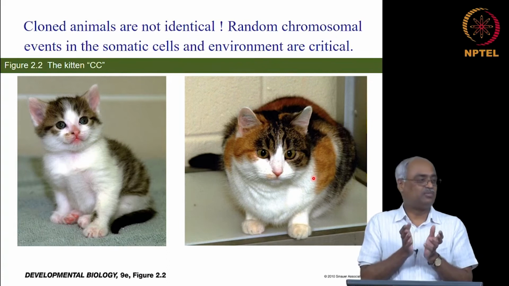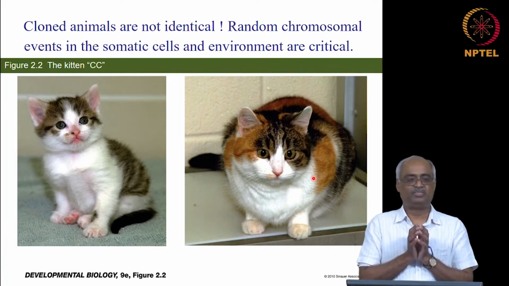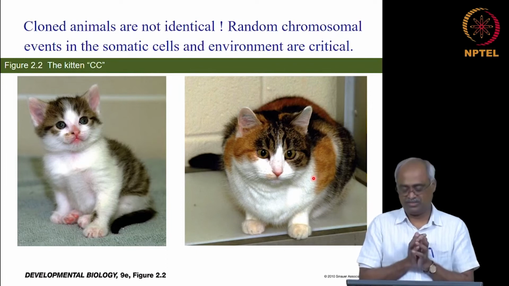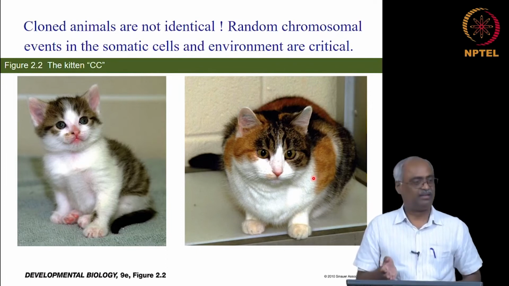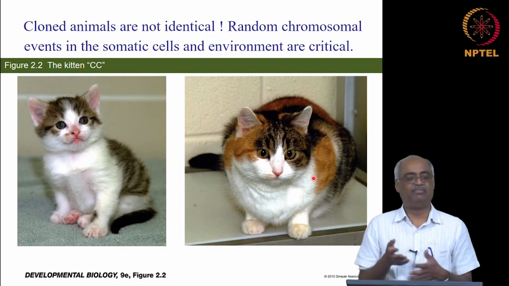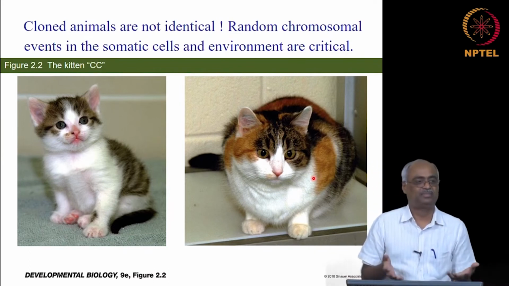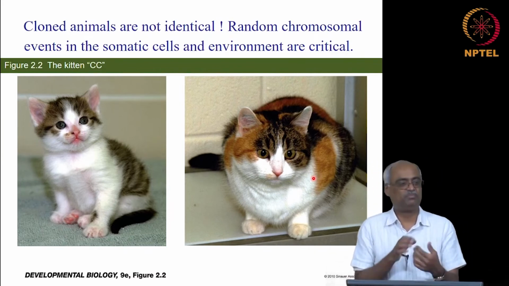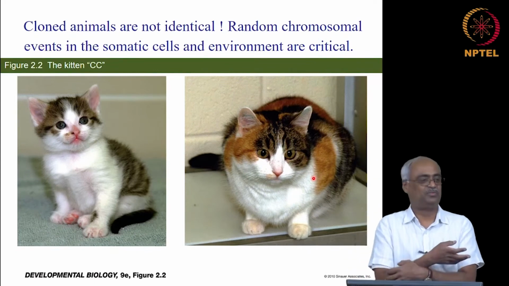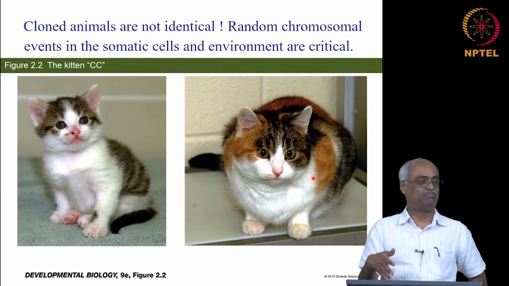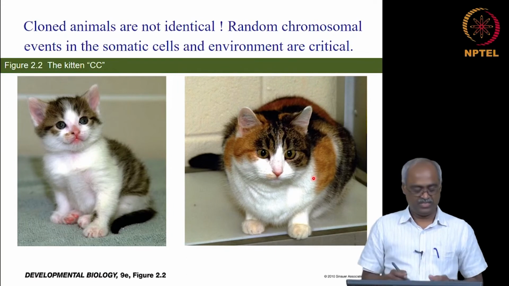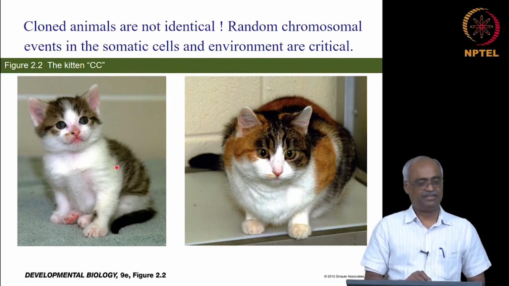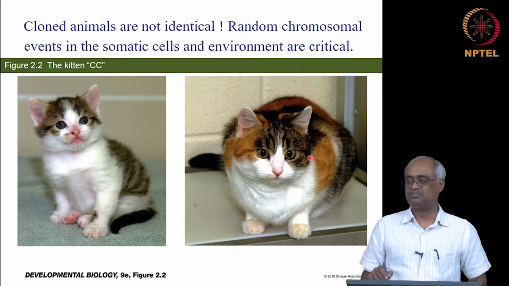So, which X chromosome is inactivated and at what stage in development? That varies from organism to organism, and in this cat it is random inactivation in every one of the somatic cells. Depending on which X chromosome is inactivated in which part of the skin, you get different color patterns, and due to that this kitten does not look identical. Okay.